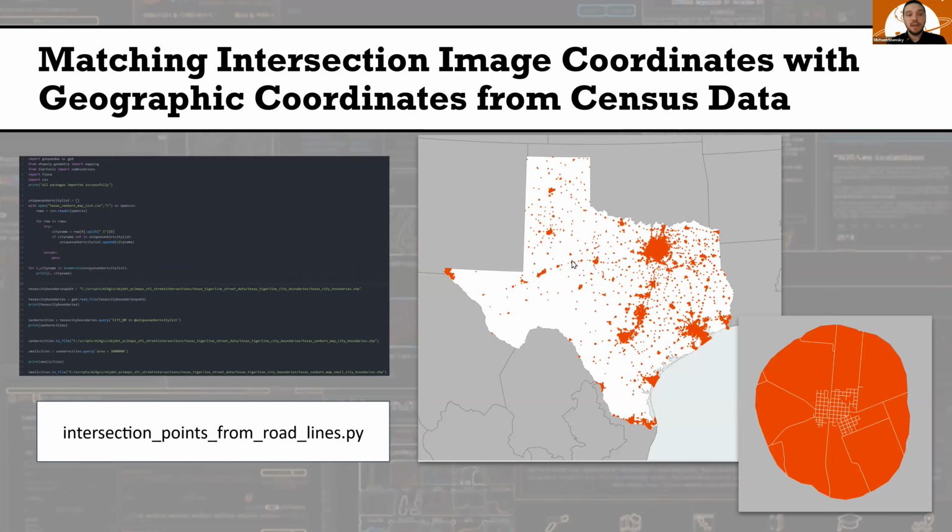So the next step was then creating the intersection point data that we needed to compare our image coordinate information for the intersections to, so we could associate geographic coordinates with the image coordinates on the Sanborn map. One of the challenges here is that Texas is a massive state, and there are an enormous number of street segments. If we look at all the street segments for the entire state of Texas, it's just too big. And the Sanborn maps are not for very rural areas. They're only for urban areas or towns and cities.